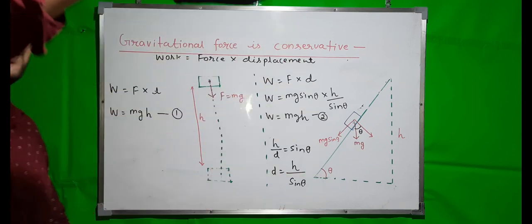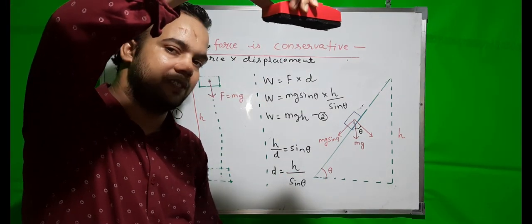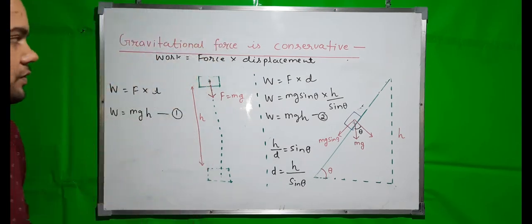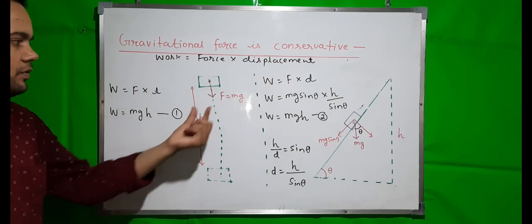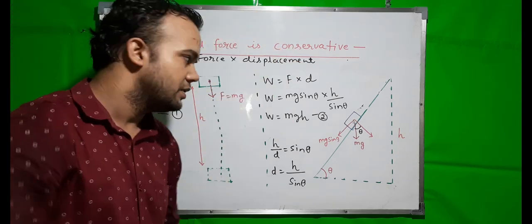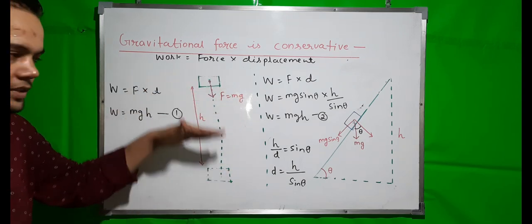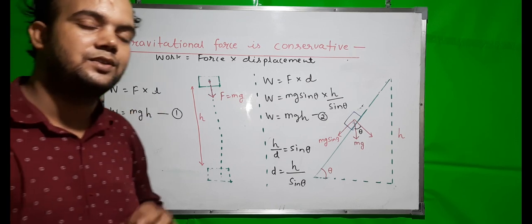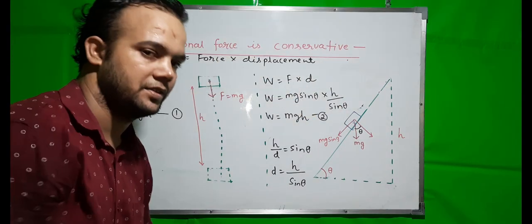Suppose I leave this duster from height h and I want to know the work done by gravitational force. In this way it is moving. So the work done by the gravitational force will be, the formula of work done is force into displacement. The force here is mg. You know what the gravitational force on the duster will be? It will be mg. So the force involved here is mg and displacement is the depth h. So work done is force into displacement. Force is mg and displacement is h. So the work done will be mgh in this case when the duster is moving on a straight path